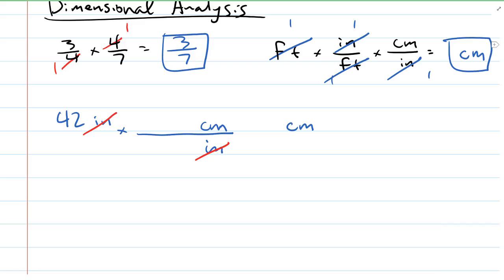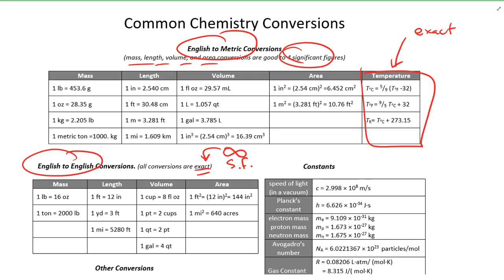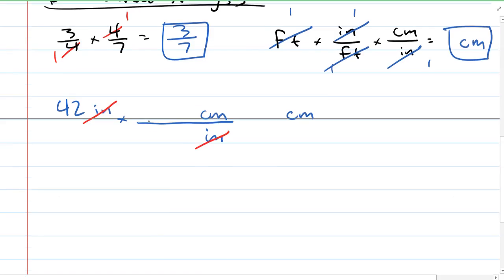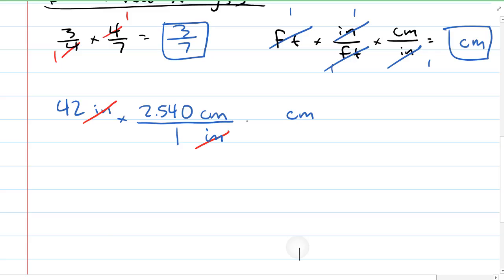And then we come back to our conversions and we substitute those in. There's 2.540 centimeters for every 1 inch. So we put in 2.540 centimeters for every 1 inch. Inches cancel out, and now we just perform the operation on our calculators, which says we're going to take 42 and multiply it by 2.540, and we wind up with